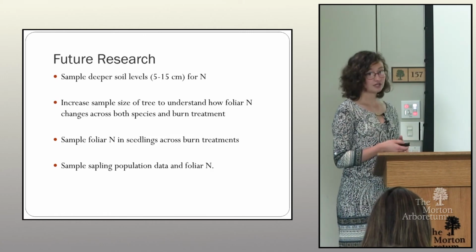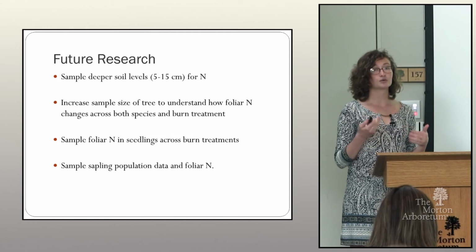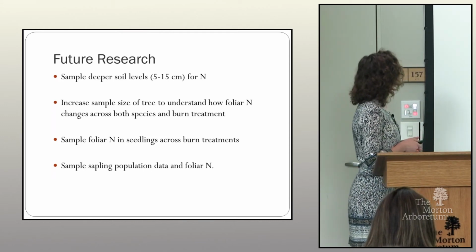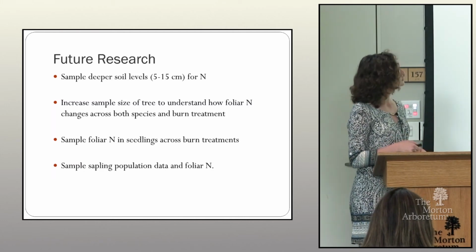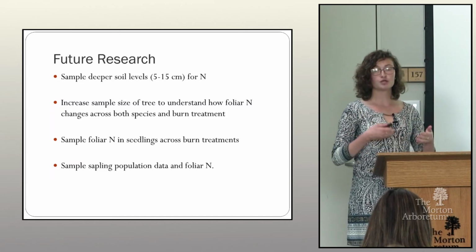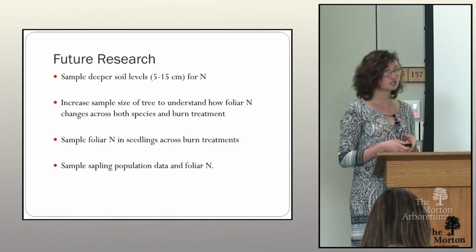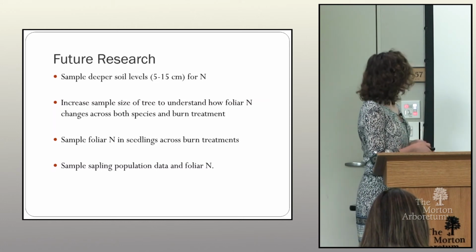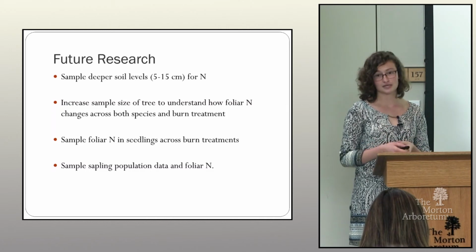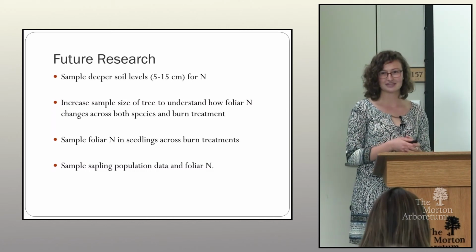In the future, I think it'd be very interesting to look at other soil characteristics so that we can pinpoint down some of the reasons that we're seeing our decrease in nitrogen in the soils, including sampling deeper soil levels. I would like to increase the sample size of the trees so that we can understand the relationship between fire treatments, species, and foliar nitrogen better and draw more direct conclusions from that. And then I would also like to include seedlings and saplings into the study and maybe get foliar nitrogen samples from them so that we can see across species how they are doing across their lifespan in the different fire